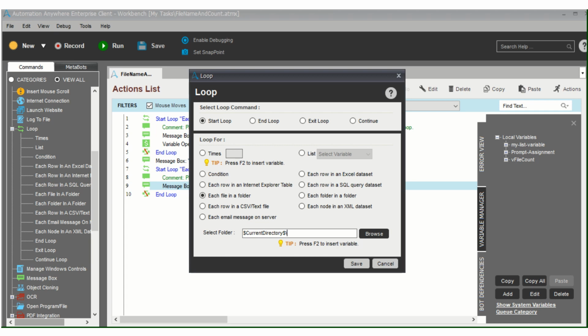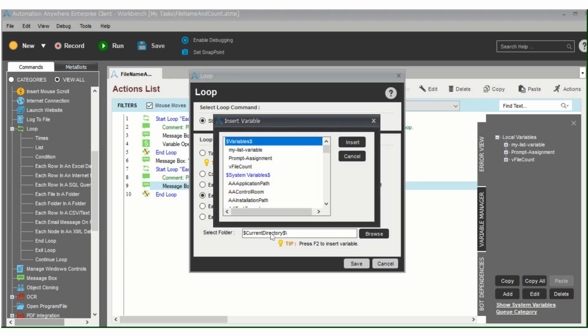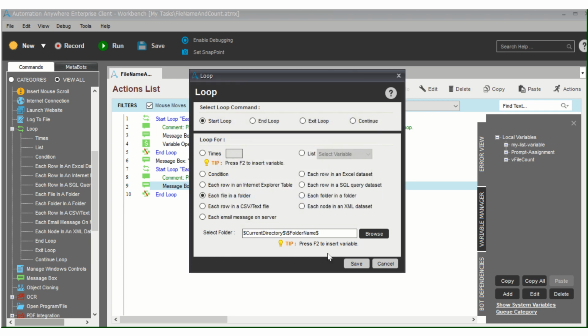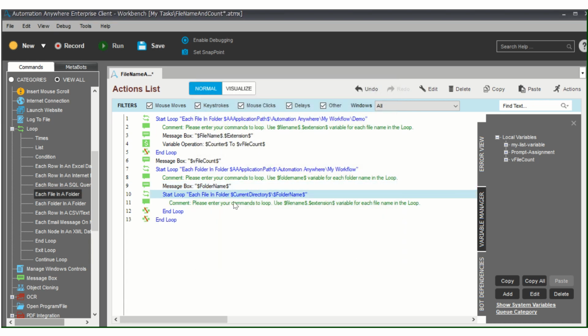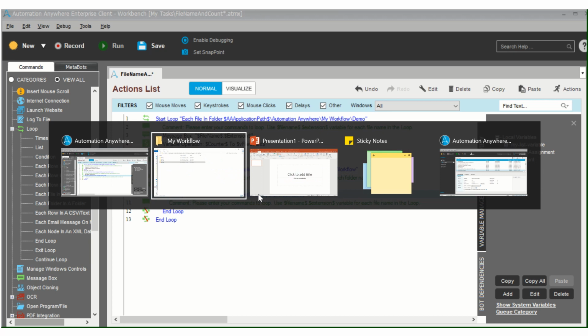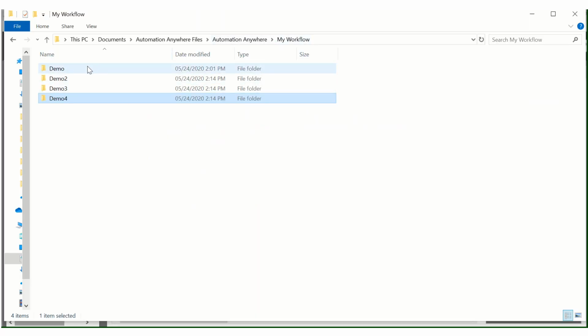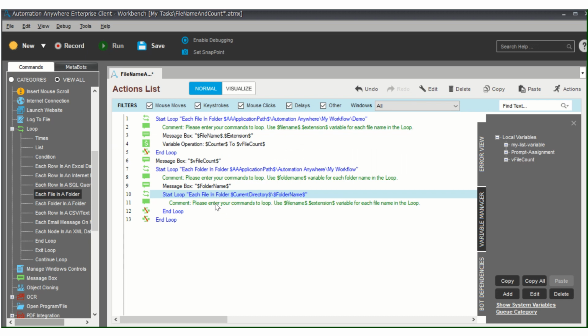Then let's use this folder name variable. So if you print this current directory folder name, what will it give you? First it will give you my workflow demo, then my workflow demo 2, then my workflow demo 3, and then my workflow demo 4. So that's how it is going to work.